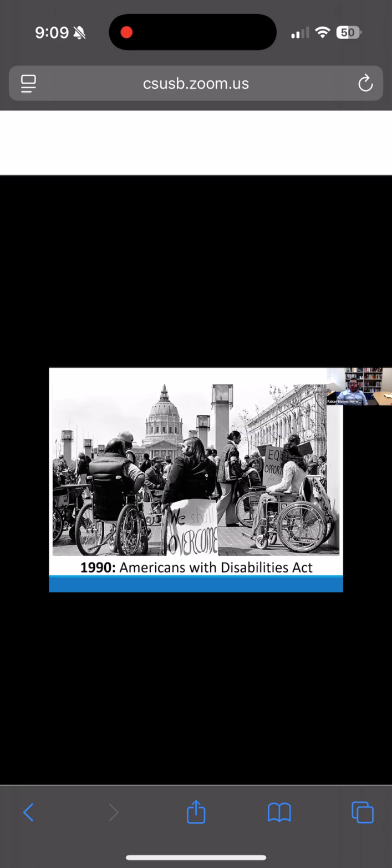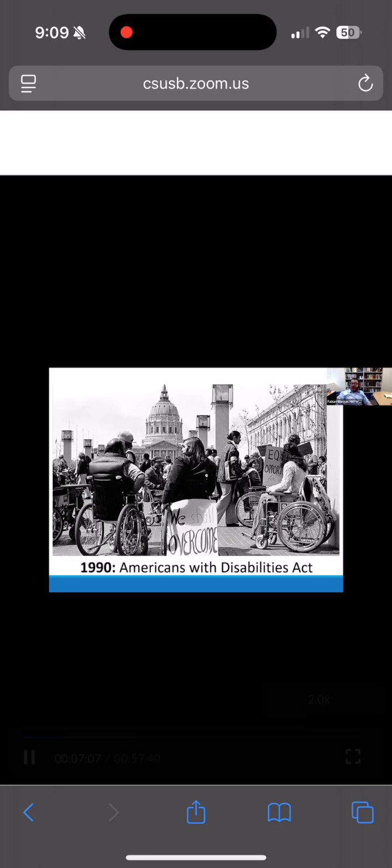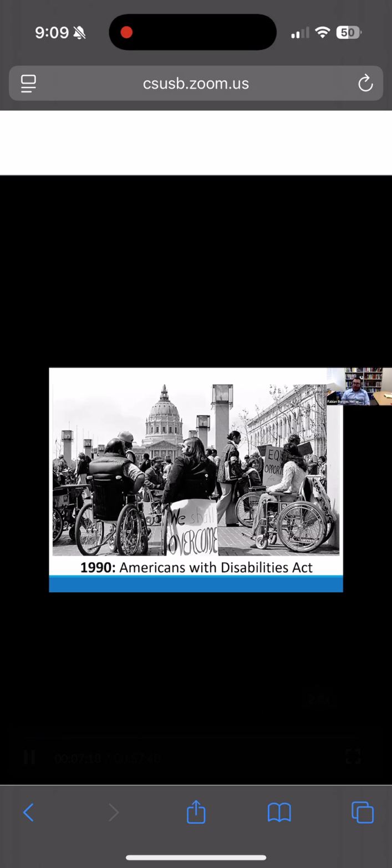Or the implementation of the Americans with Disabilities Act. The federal government passed legislation requiring that conditions be made available to help disabled Americans access businesses and government agencies. Ramps, well, that became the law, but the federal government didn't really give state and local governments funding to be